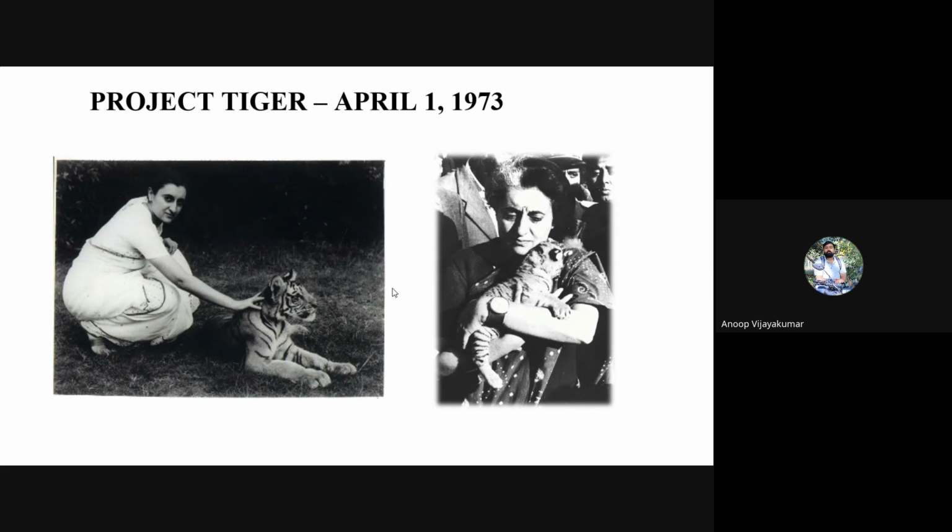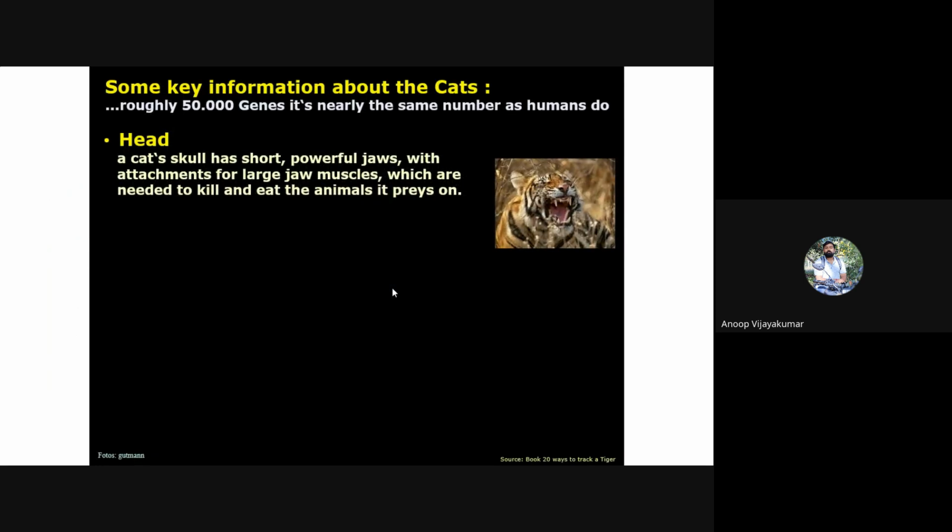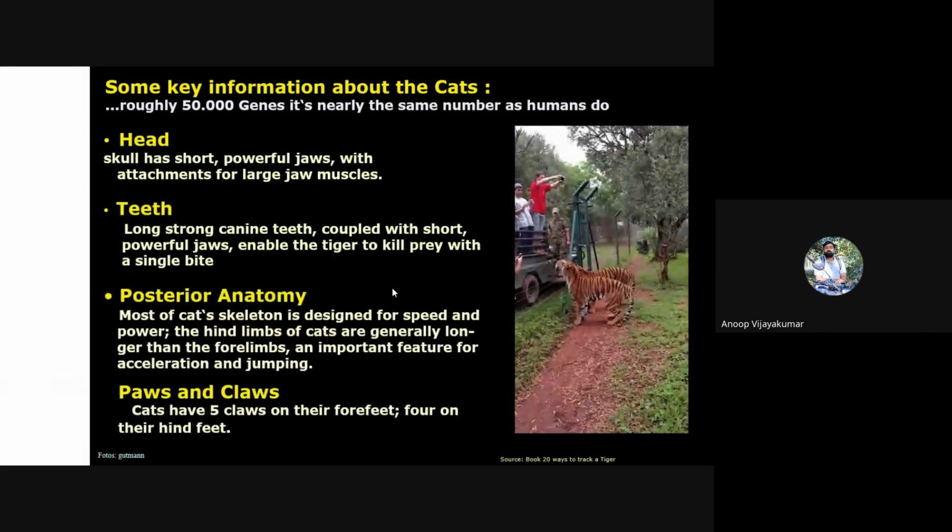Now we will discuss some ecological parts, some details about tigers. The tiger is a very powerful species. Maybe you have seen some videos of the way they catch their prey. They actually stalk the individual. Unlike a cheetah or leopard, they won't chase and kill. They will hide and stalk the individual, which may be a gaur, sambar deer, or spotted deer, whatever it is. The prey will not even know they are coming. I will just play this video and you can understand how powerful they are.